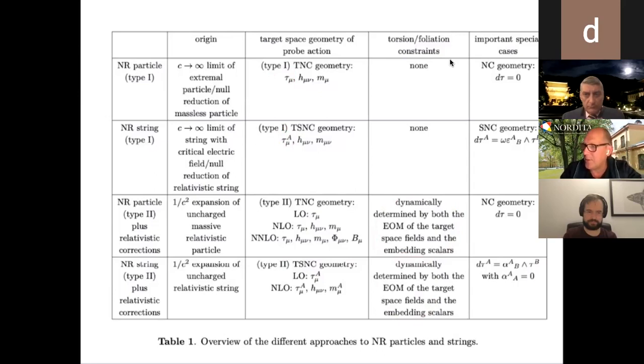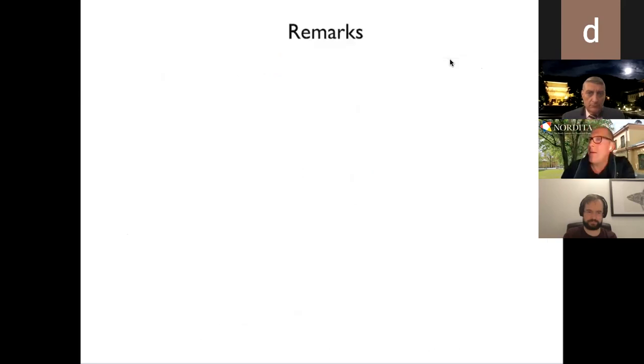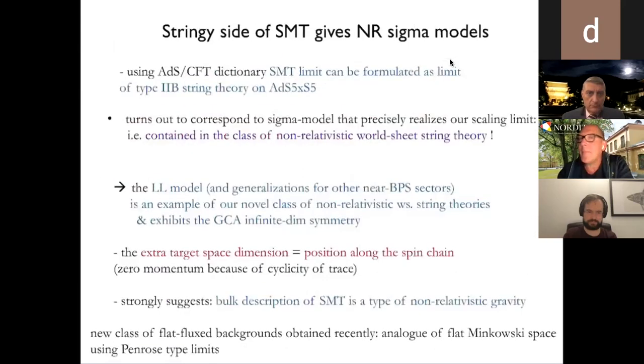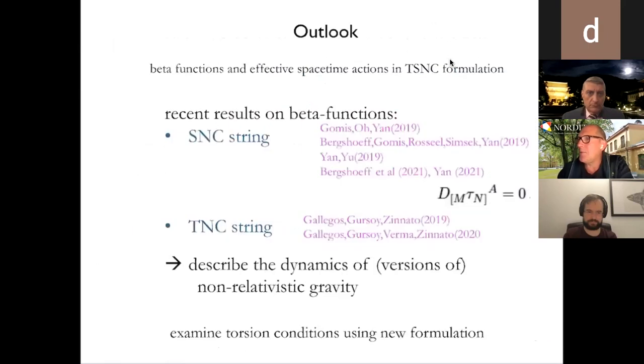So here you see that at each order of your expansion, you get more and more gauge fields. And it's also known at each order what the underlying symmetry is. But the punchline here is that there's really a distinction between thinking about type 1 and thinking about type 2.